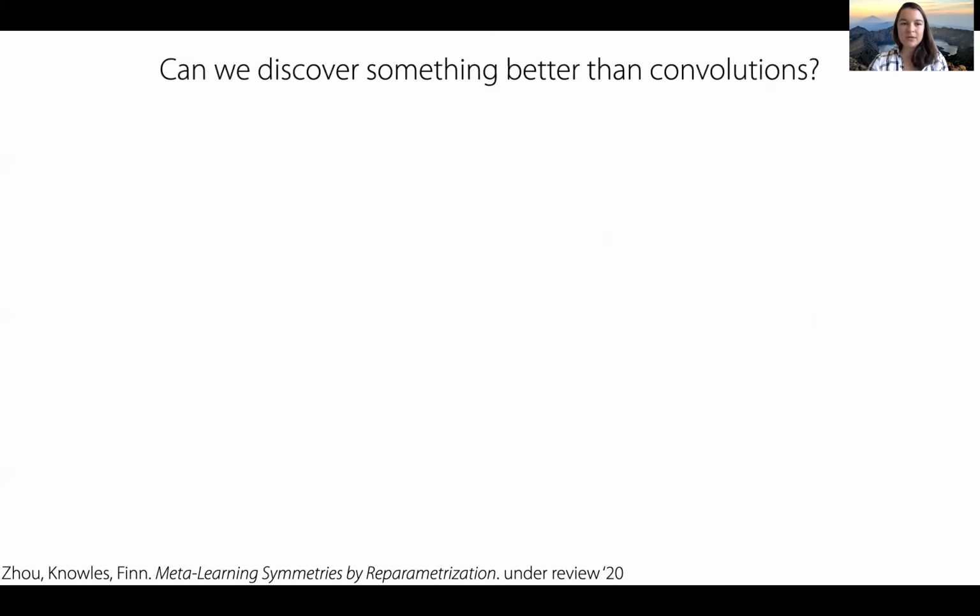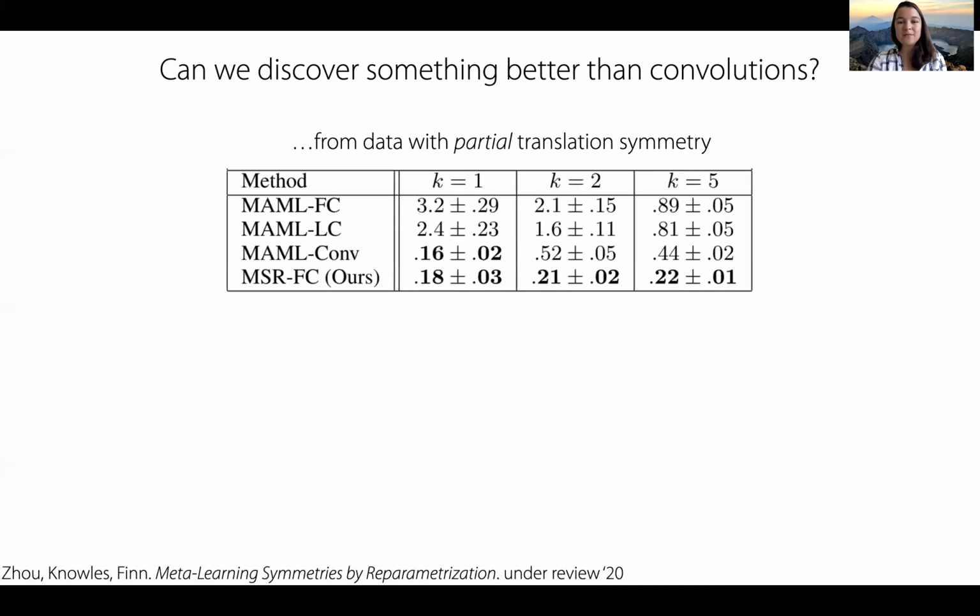Now, the second question we wanted to answer is, can we discover something that's better than convolutions in certain situations? For example, maybe we have data with partial translation symmetry. The way that we generated this is we took a locally connected function and assumed that it had low rank, such that there is either one filter used for the locally connected layer, which would correspond exactly to convolution, or two filters, or three filters, essentially having rank 1, 2, or 3. And what we find is that for each of these, in this case 1, 2, or 5, we find that